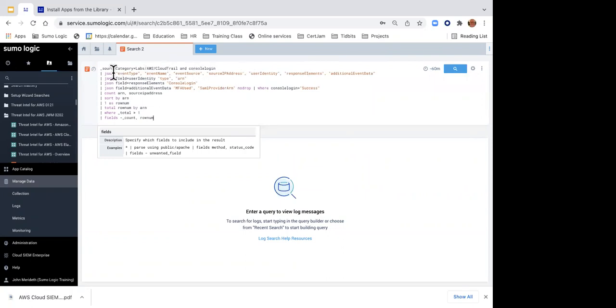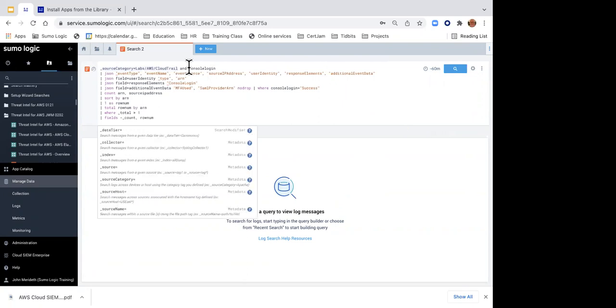Now, what is this code doing? It's looking at my source category of my CloudTrail data. It's looking at my CloudTrail logs. And it's specifically only filtering for the logs that have the words console login. So some logins, I could log in through the console. Some I could log in through an AWS API. We only want to see where somebody logged into the console on my AWS environment. Then I'm going to extract out certain fields. That's what these JSON things are doing. They're extracting out certain fields for me. Then I am going to count by those fields.